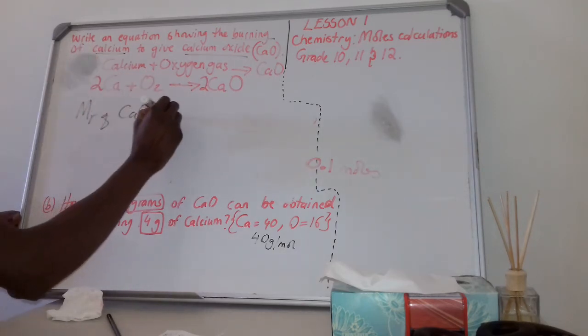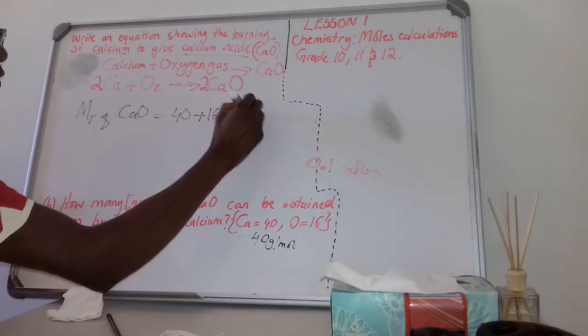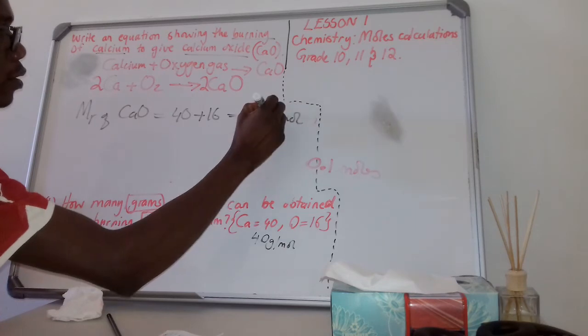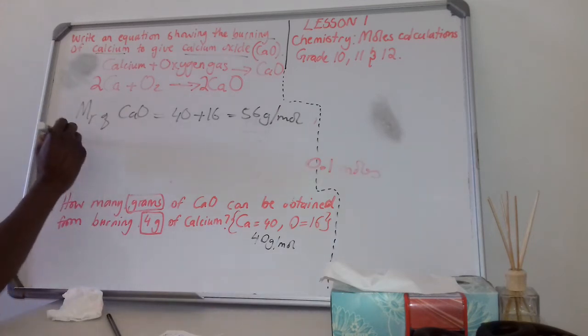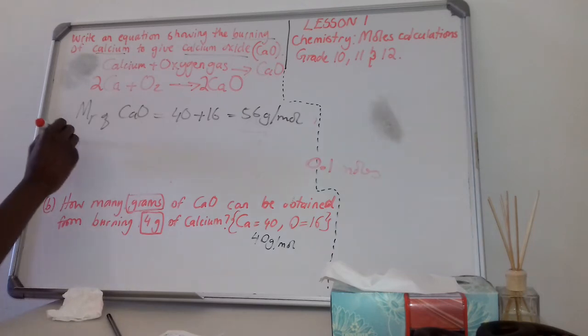Calcium oxide is going to be 40 plus 16, that is 56 grams per mole. I'm looking for the grams, so I'm looking for the mass. Sorry for my markers, guys. So the mass